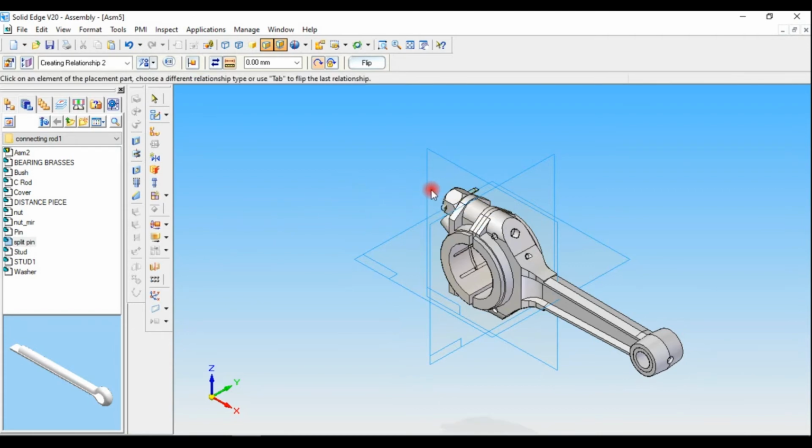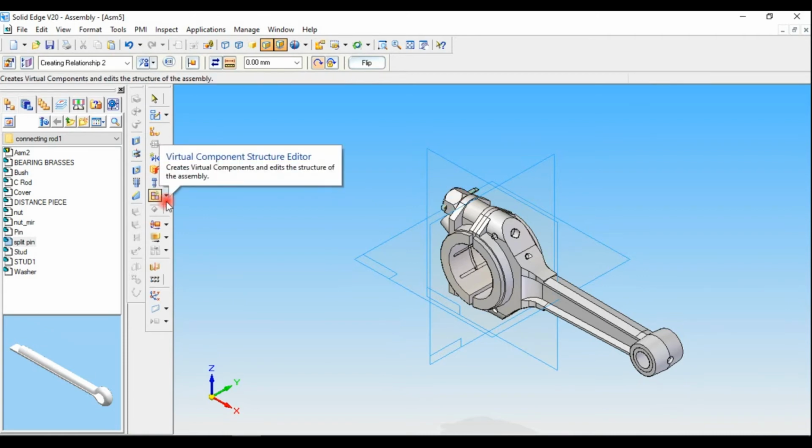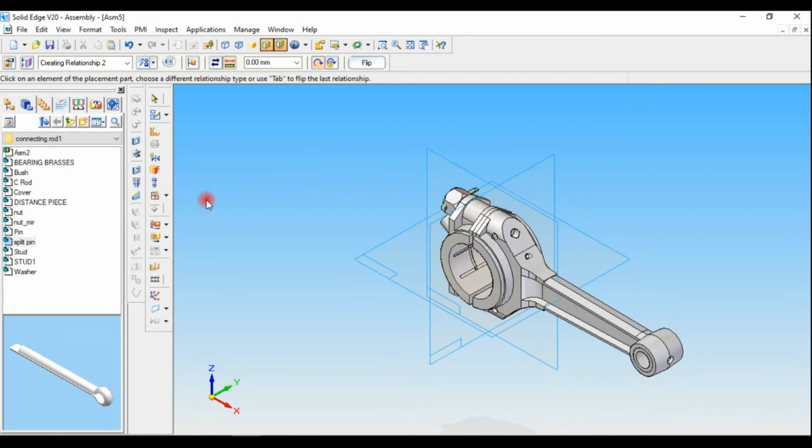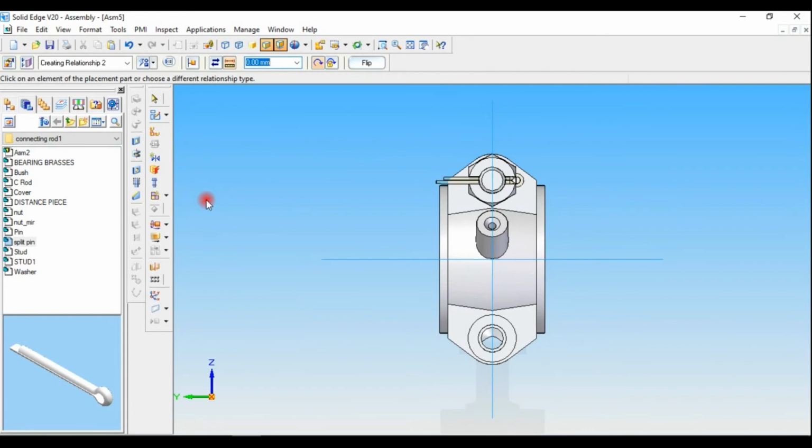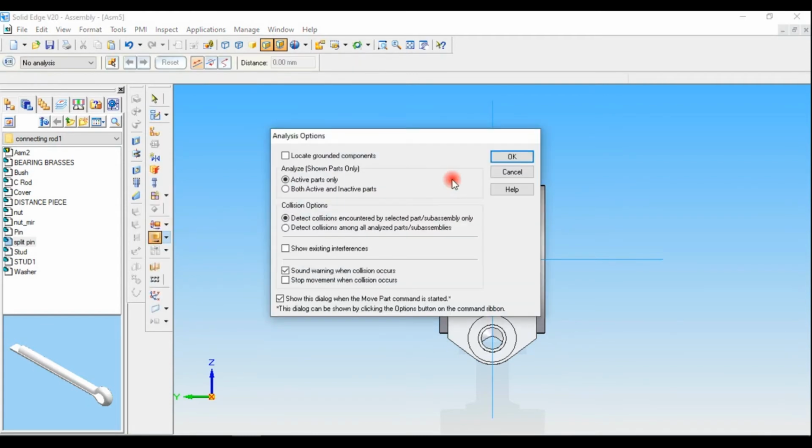Now you have to view this portion. For that you have to select Command Control L. I can see the left side you can observe. Now you have to move this in the right direction. For that you have to select move, select